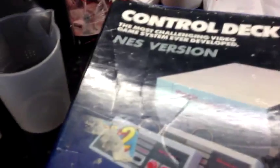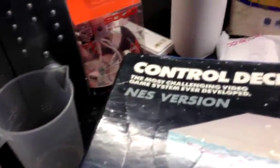So this was one of the most respected third generation consoles. A lot of people didn't seem to necessarily know too much about its competitor, the Sega Master System. Now, unfortunately, the box is in terrible condition. But hey, at least it still has a box. My Super Nintendo didn't. So let's see if I can find out how to get in it. Or if I'm going to have to go back to using the knife. Yeah, I think I'm going to have to...